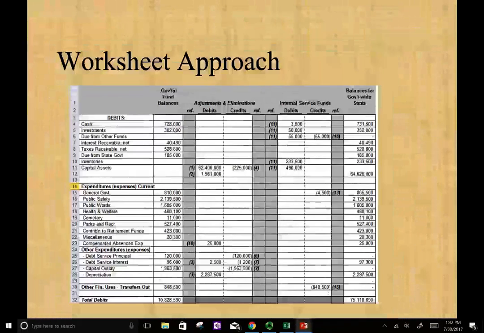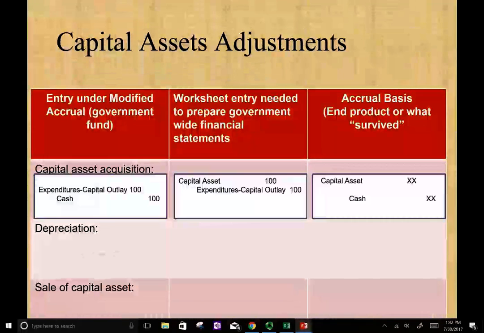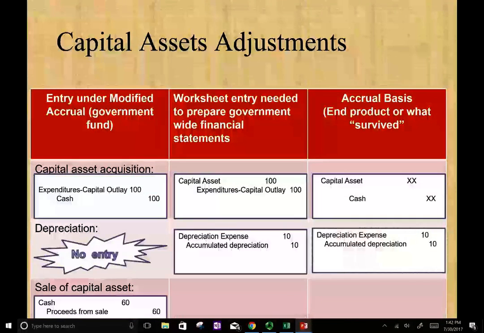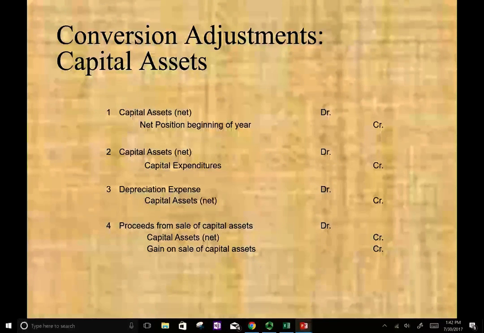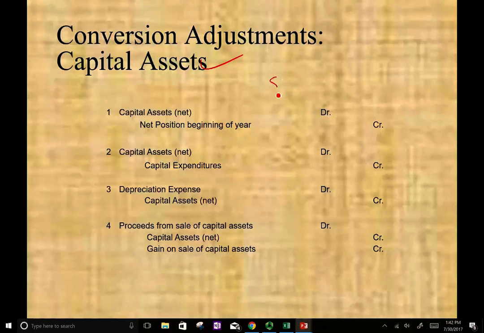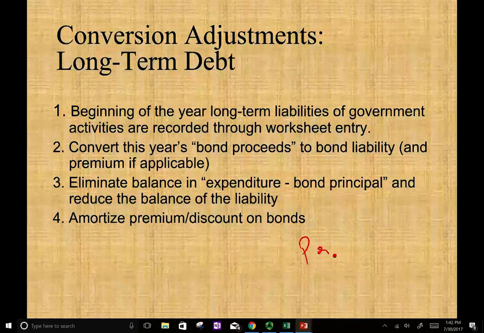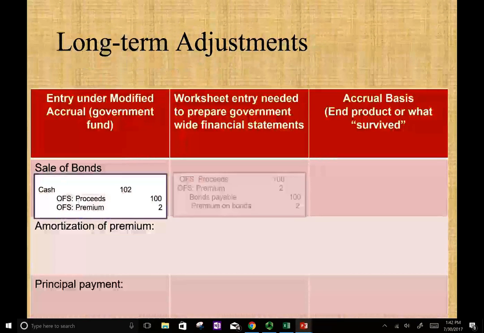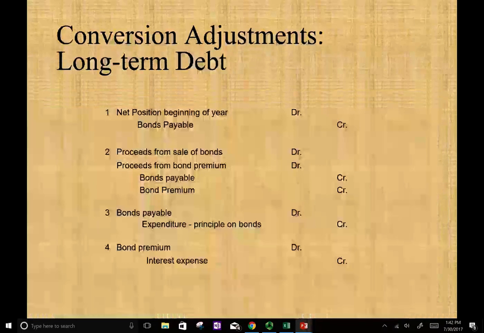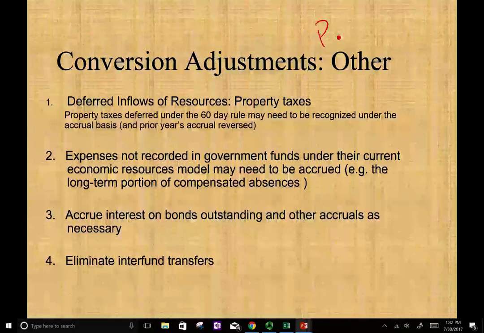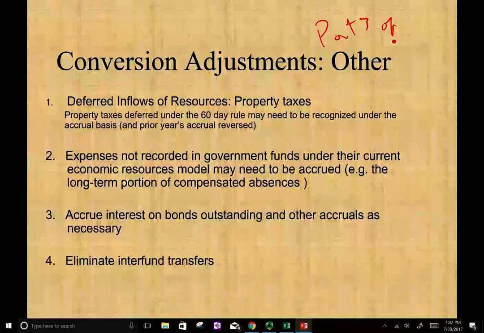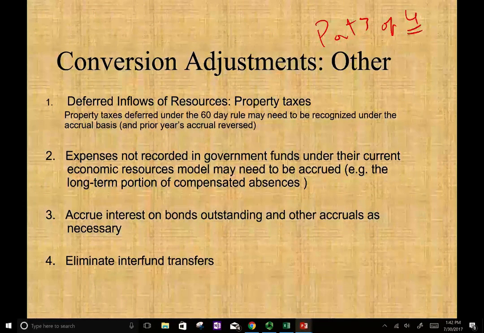Now, if you're not sure what we are doing exactly in the grand scheme of things, this is part 3 of a series of lectures on how to reconcile. We already did capital adjustments. This was session 1, or part 1. Then we worked an example. This was part 2, the long-term debt. Then we worked another example for part 2, and now we're going to be working on part 3. So this is part 3 of 4 parts, because we're going to have the last part as the internal service funds. So let's go ahead and work on part 3.